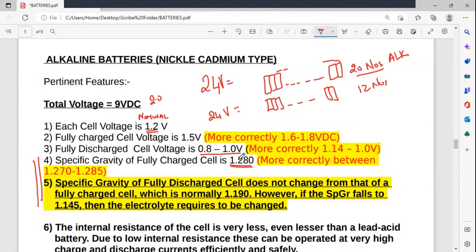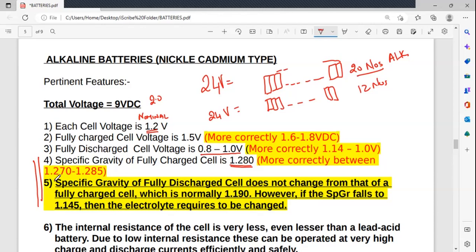We are very used to saying 1280, 1100, etc. But please mention the decimal point. Be very correct in your answering. Yes, he knows what you mean, but he wants to know whether you know what you're talking about. So 1280, make sure it is